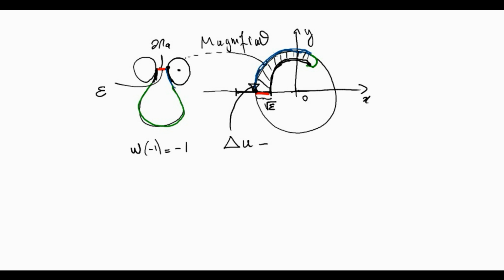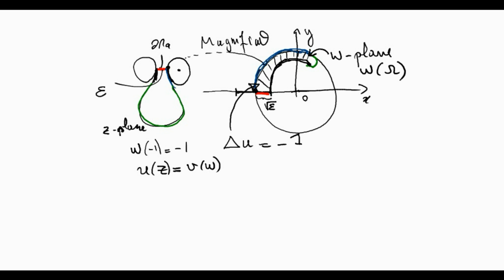So Laplacian u equal -1 is now going to be transformed if we write the equation u of z equals v of w. So this is in the z plane, and we have here what is called the w plane, where w is the variable of the mapping. So in the w plane we have this, the image of the domain omega. So the equation then for w